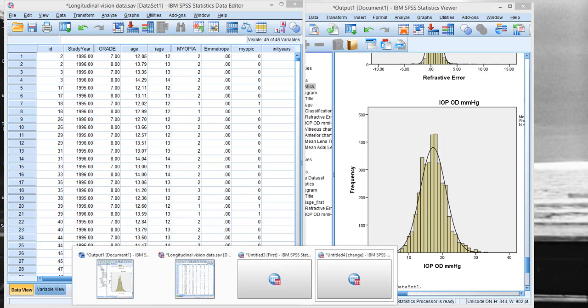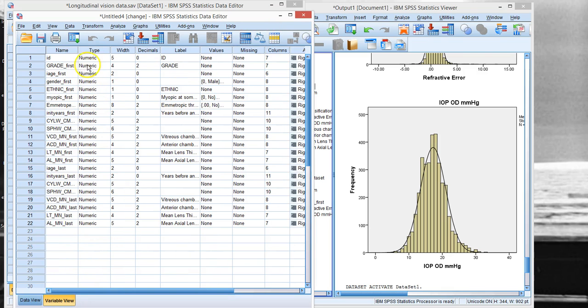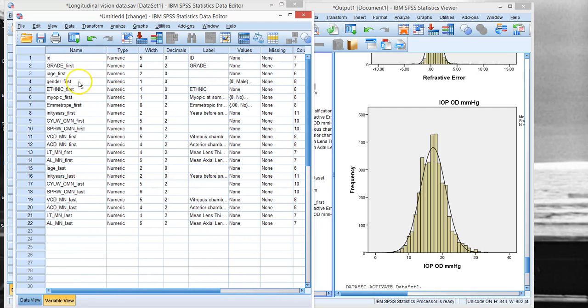Let's click on our little icon for SPSS. We see our change variable. And now let's look to see what we have. In this data set, let's go to our variable view. We have ID, grade, all this. This is the first observation. These are the last observations. Now let's take